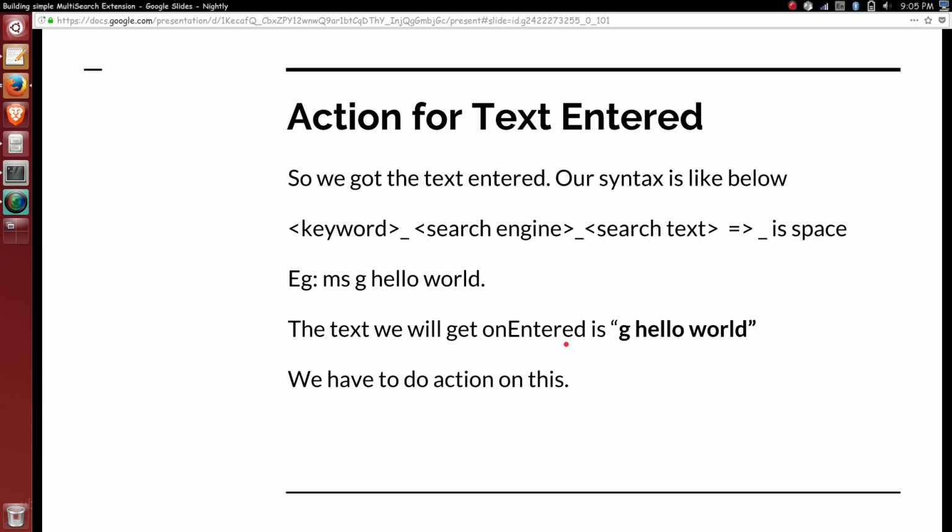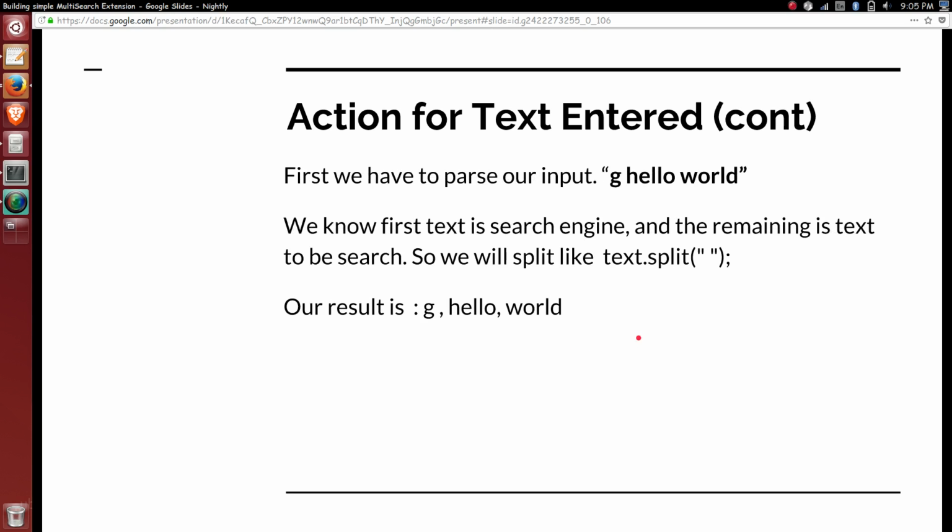So the next step is we have to process it accordingly. As said, first G is the search engine. So I will be splitting it using the space, and I will be getting the three words: G, hello, and then world.